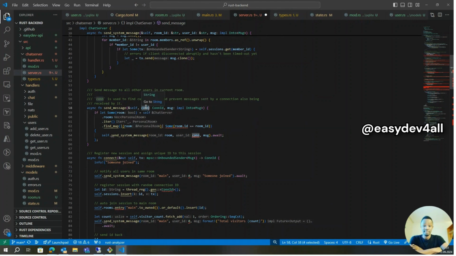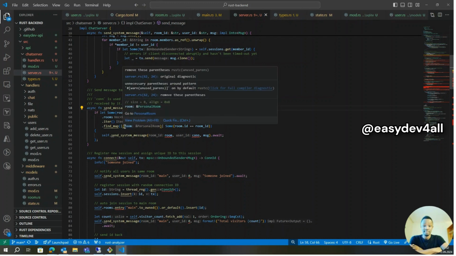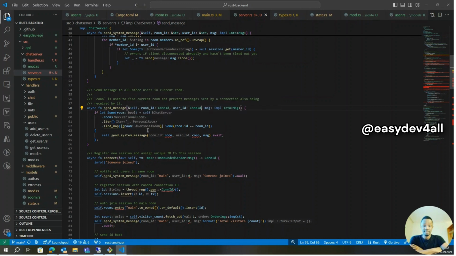So I'm gonna replace this actually, I'm gonna call this room ID. And then apart from the room ID, I also want to have my user ID again, because I will need to pass this down the way to the next function. So again, this should be of type connection ID, which in the end, of course, is actually a string, as you can see here. And so do we have an error here? Yes, no, I don't think we do. But anyways, I think what we actually get back here would be,